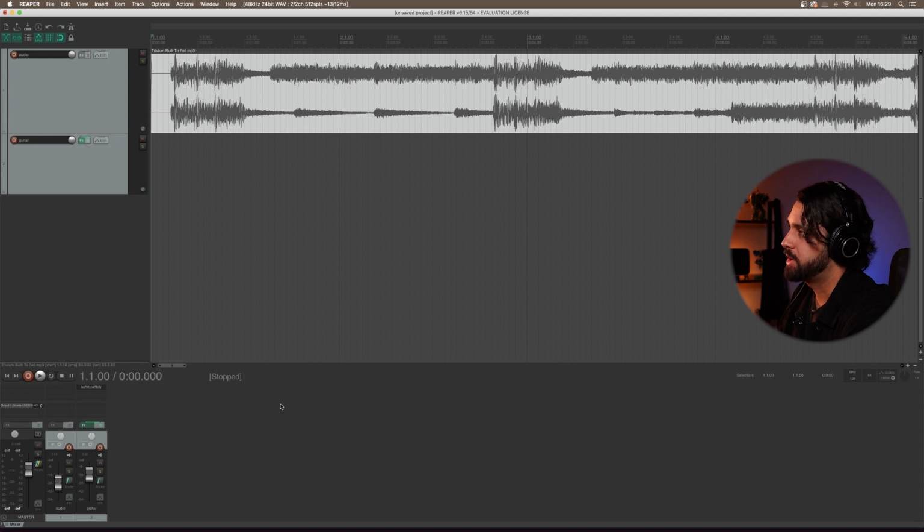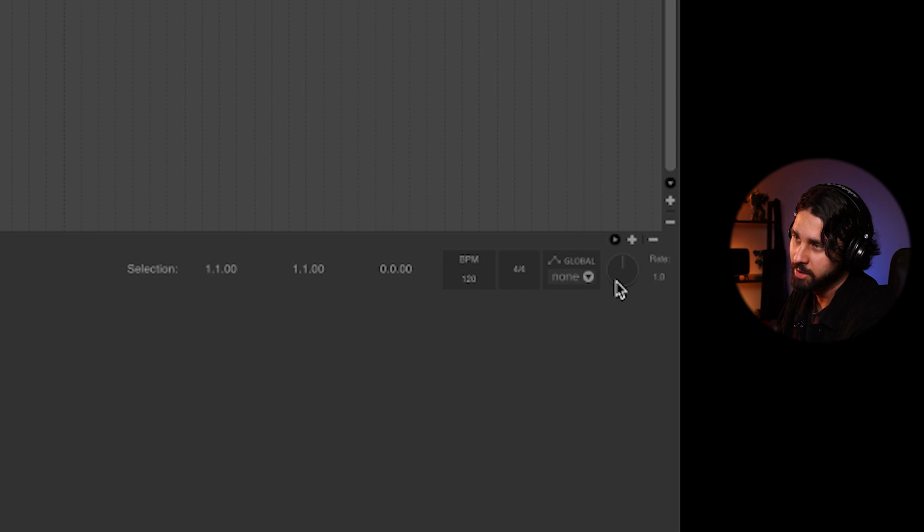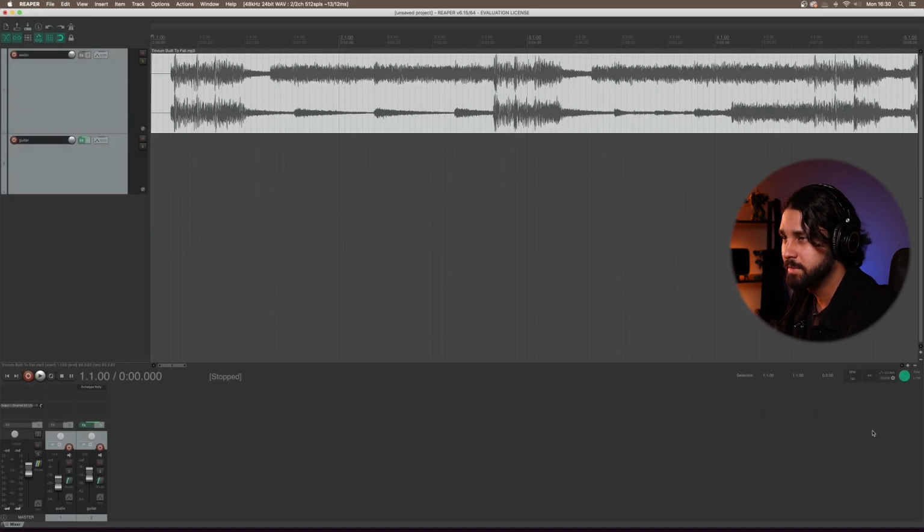If you want to slow down the music, the tempo, you're going to want to go to this little knob here on the bottom right, playback rate. Now, if we lower this knob, say to around 0.7, it's going to be at around 70% speed of the maximum. However, if we simply lower that and we hit play,